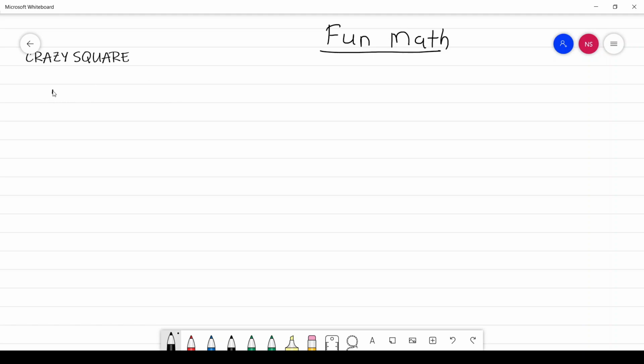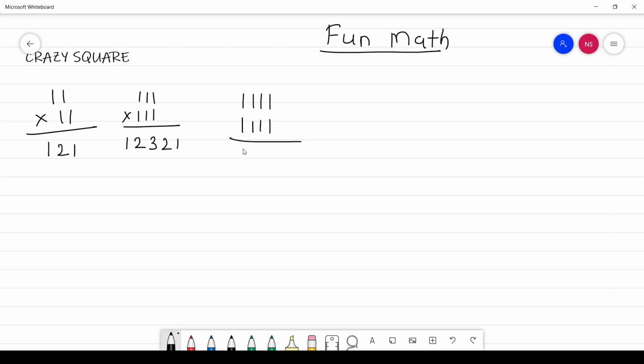First we will see the square of 11. Friends, all of you know 11 square is 121. Now we will see the square of 111. Square of 111 is 12321. Square of 1111 is 1234321. So friends, if you observe the pattern in these squares,